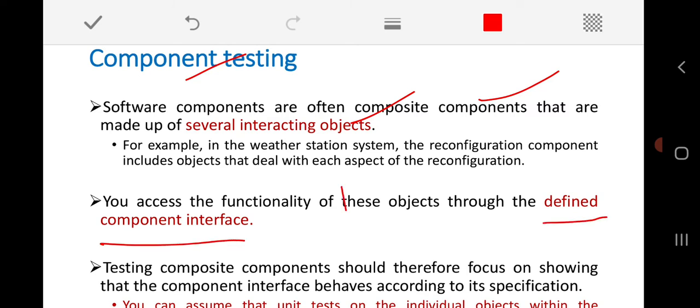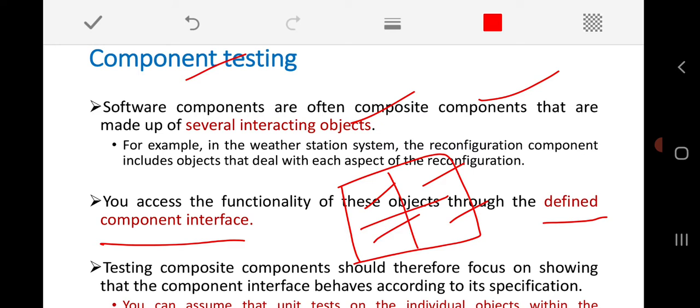Because in a particular component, if different objects are combined, then we need to take care of how an interface is defined from one object to another object, or how one method of an object accesses information from the other object. That interface we have defined has to be tested here. That is why we can call it interface testing also.